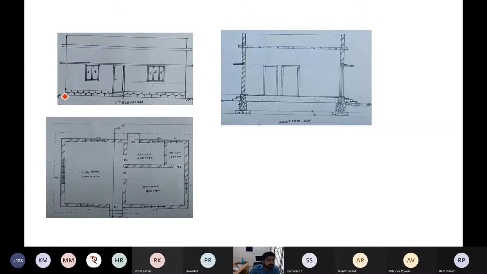And yeah, from the plan you can project this. Whatever the things you are seeing here, you can see the window, you can project. So I'm not drawing properly, but while you're drawing, when you're using scale and everything, you can project here also. Door. Here door is visible, step is visible. You can project accordingly. This you can project. Here window is visible. In front elevation window is visible. You can project.